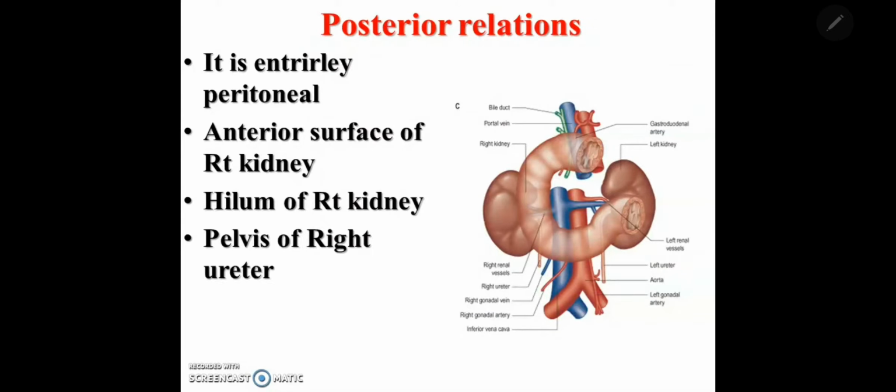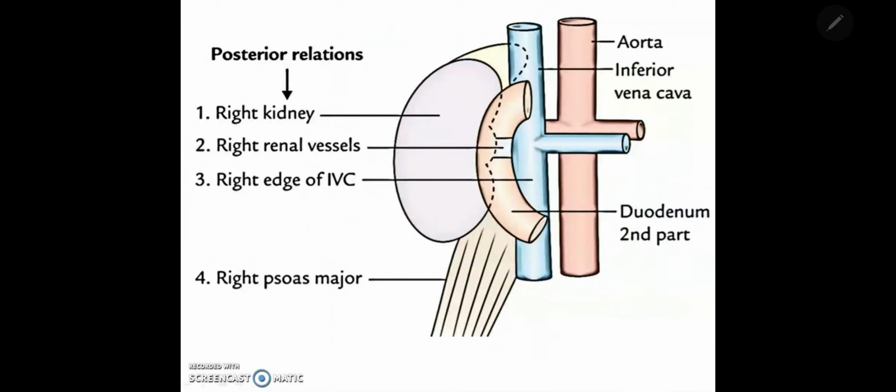Coming to the posterior relations, it is entirely peritoneal and it is related to the anterior surface of the right kidney, hilum of the right kidney with the right renal vessels, pelvis of the right ureter and right psoas major muscle. So these are the posterior relations. Again, you can reiterate: hilum of the right kidney, right renal vessels, right edge of inferior vena cava, right psoas major. So these are the posterior relations that you can see,